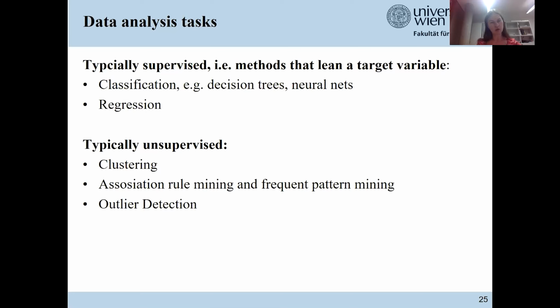And a different type of method is unsupervised machine learning or data mining. These are mostly clustering methods, but also association rule mining, outlier detection methods and methods for frequent pattern mining. And here you don't have a clear analysis goal, but you just want to find any kind of regularity or pattern in the data.